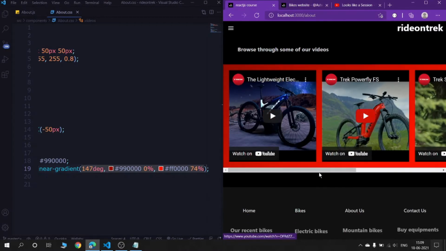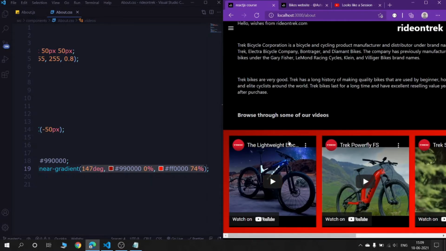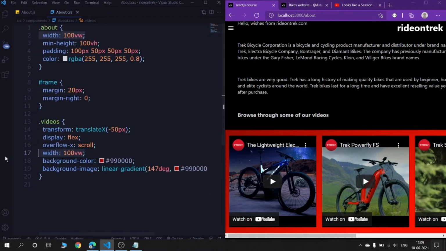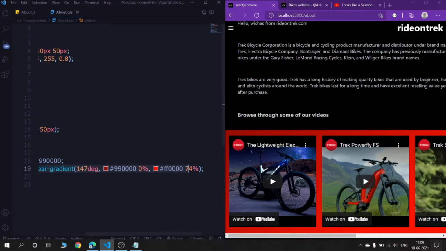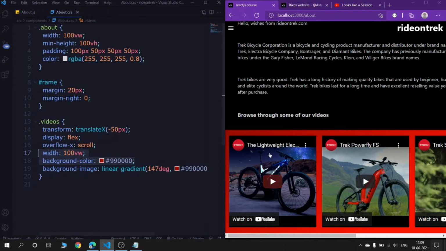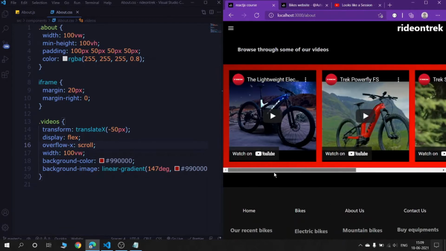Okay, so you just see how we created that. We have given a dark background color, and we have started this background image from that color itself to a new color. Actually, I have copied this from the internet somewhere, I don't know from where, but yeah, I copied it from somewhere, so let it be. This looks beautiful, right? And now we just need to style the scroll bar at the bottom,